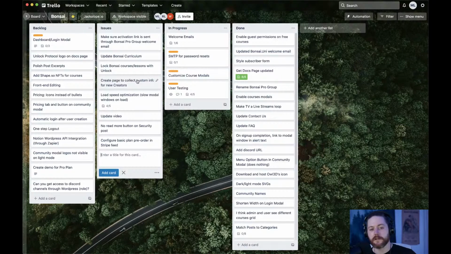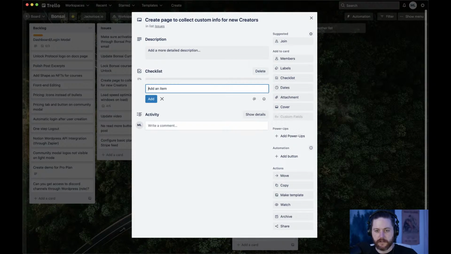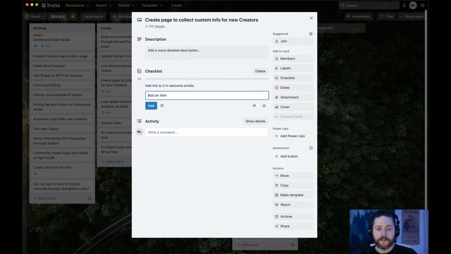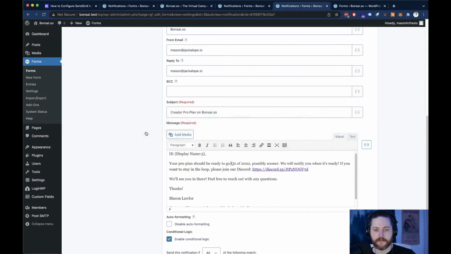That way I can just send them to a page, and then before that's done, I'm gonna say add link to it in welcome emails. We could do that right now if we wanted, so that we don't have to wrap back and do all this annoying stuff again. So the basic plan doesn't need that, so we don't need to go back, but